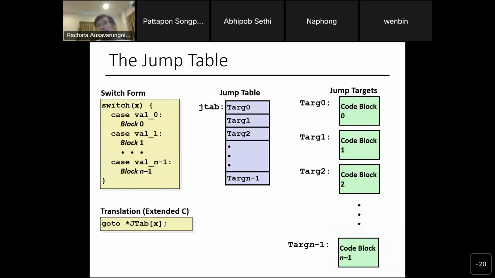On Tuesday, we talked about the jump table, and the way it works is you have the switch case that has a bunch of code blocks. Each code block corresponds to a case inside the switch case statement in C. Basically, in assembly, you would use a technique called indirect jump. The first jump will be a jump to this table, which contains many pointers, if you will. Basically, it's like another jump to the actual code that you need to go to,